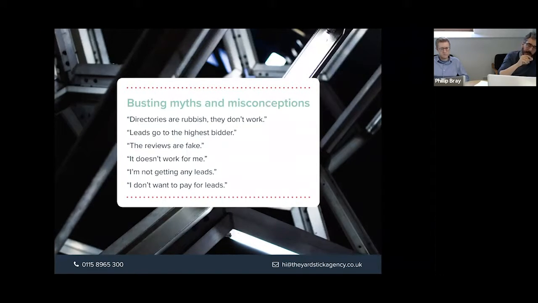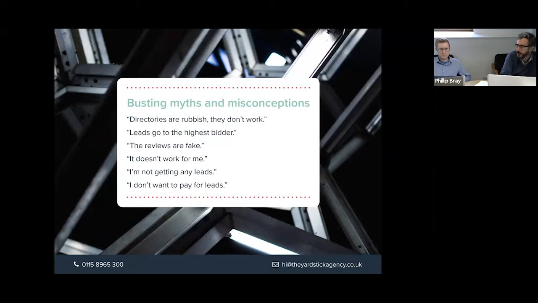So for me, it's about the cost of the inquiry, irrespective of where it comes from, and monitoring that, as opposed to getting wound up about the fact that you've got to pay direct to Unbiased for a lead. Because at £36 plus VAT, if you convert 1 in 3, 1 in 4, that's actually a relatively low cost of acquisition for a new client. I don't have a problem with that at all.